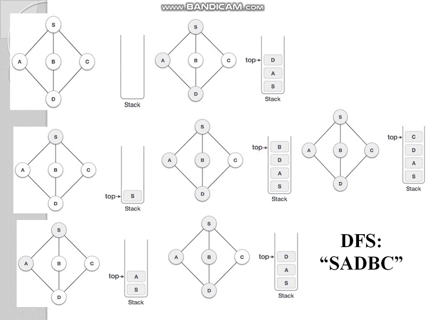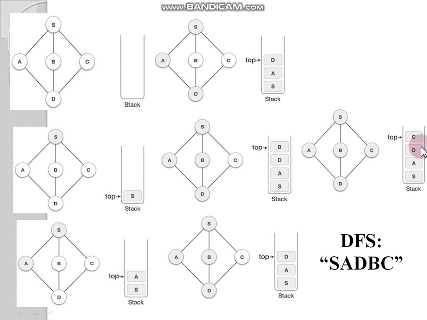Here B does not have any adjacent node, so we pop B from the stack. So the nodes on the stack are S, A and D. We check the stack top to return to the previous node and check whether it has any unvisited node. The only unvisited adjacent node from D is C. So we visit C, mark it as visited and put it onto the stack.